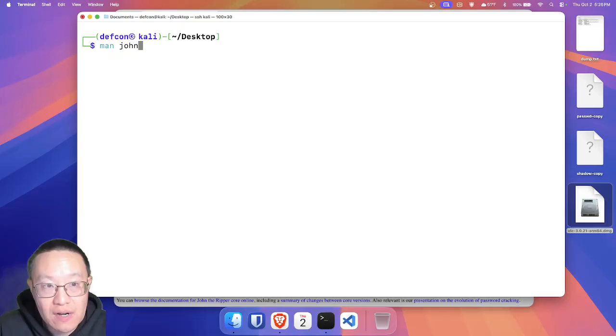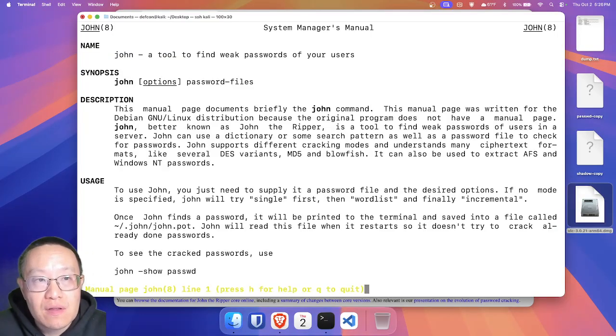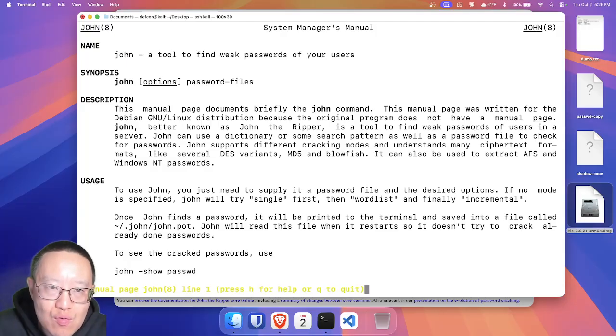So, man john. John, a tool to find weak passwords of your users. Using John the Ripper to crack passwords is really simple. It's just john and then a crackme file. But before you run